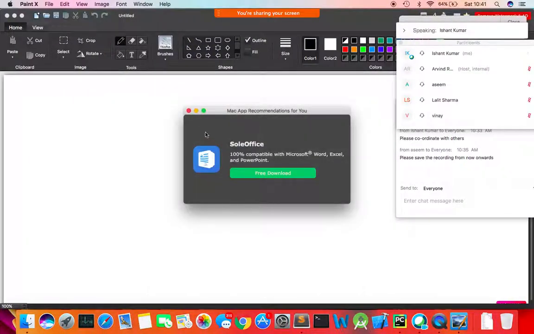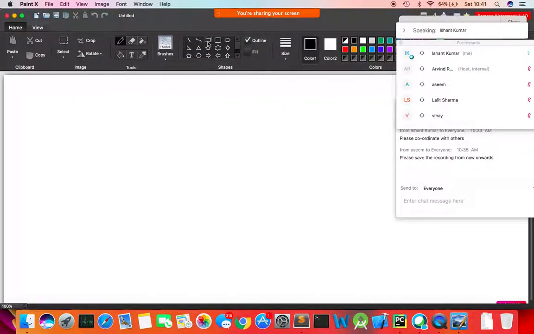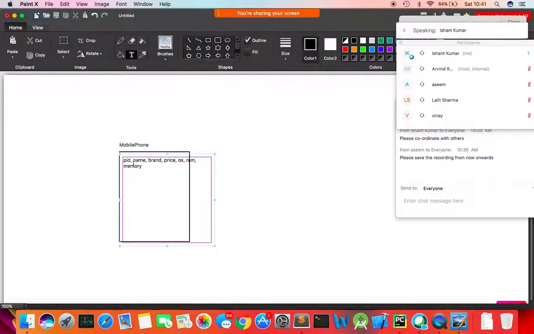So in the memory here, there will be an object called mobile phone. So this guy is the object, and we'll have these attributes here: PID, name, brand, price, OS, RAM, and the memory, right? So these are the attributes in my object, and there is this fellow called M1 who is a reference variable